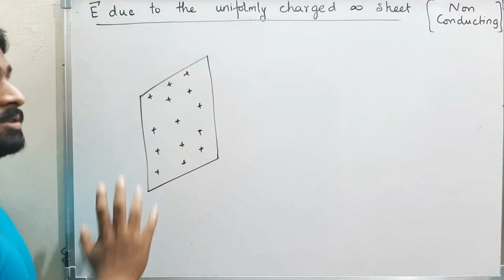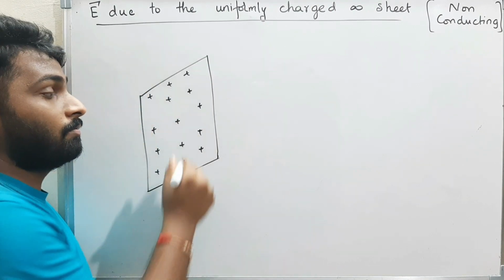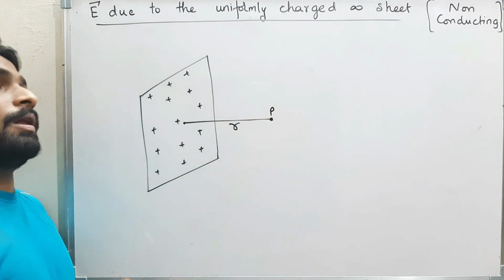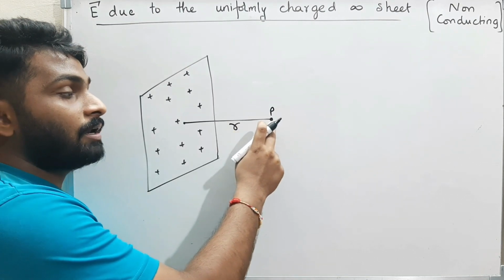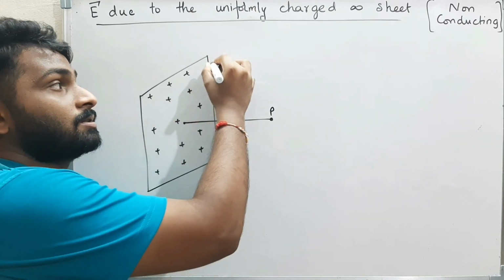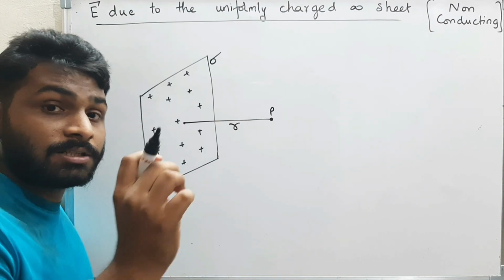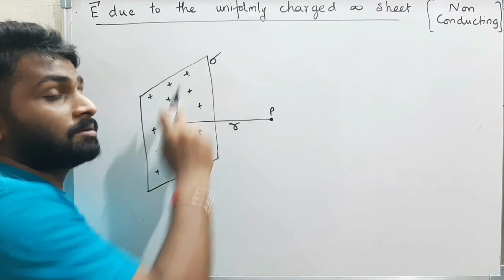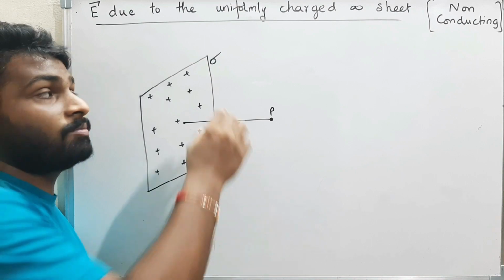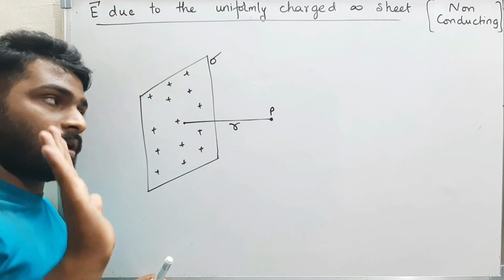There is an infinitely long sheet, a very big sheet, and we are asked to find the electric field intensity at a point P, at some distance r. Now, how can I find the electric field intensity at this point because of this very long sheet? And they give the charge density as sigma. What's the meaning of sigma? Already we know that, it is the surface charge density. That means the charge present in 1 meter square is sigma. If it is an infinite sheet, they can't give the whole charge present in it. Instead of that, they give me sigma, which is nothing but the charge present in 1 unit area. Okay, everything is fine now.